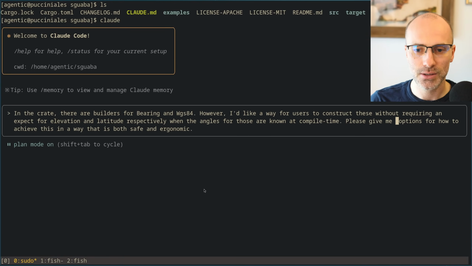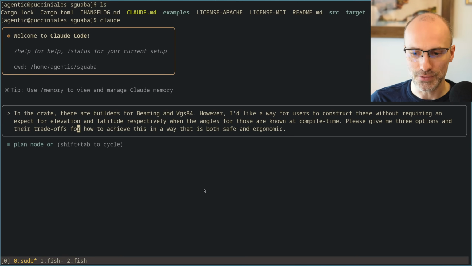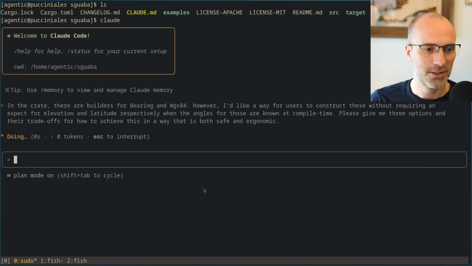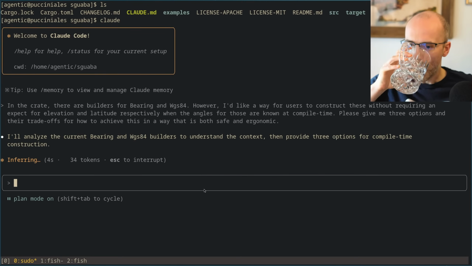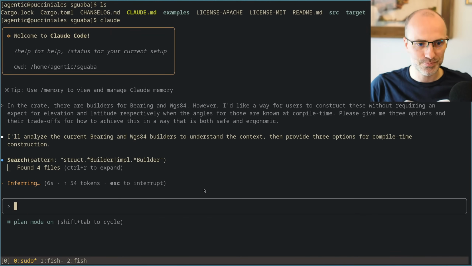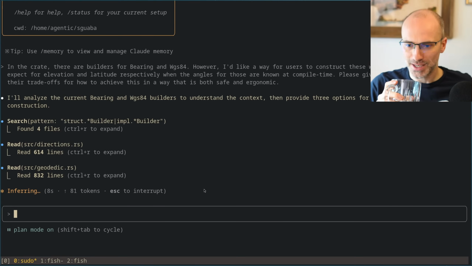Give me 3 options and their trade-offs for how to achieve this. All right, and now it's inferring. We're already in plan mode. I switched.